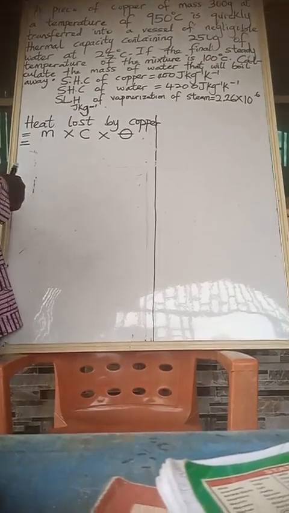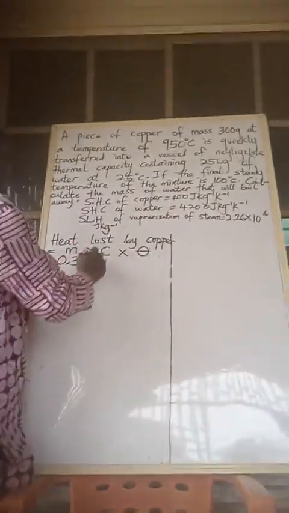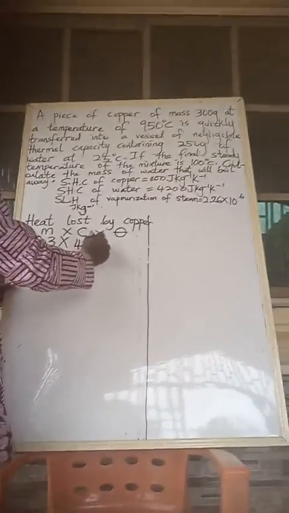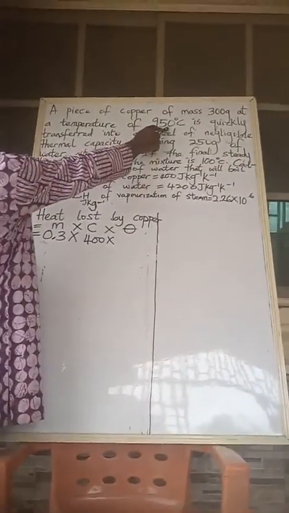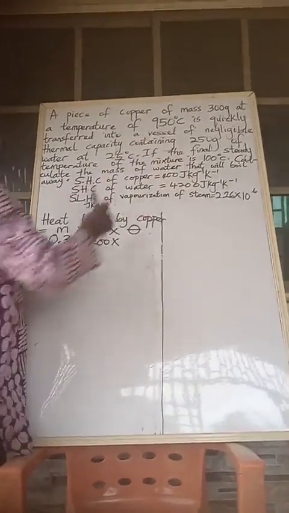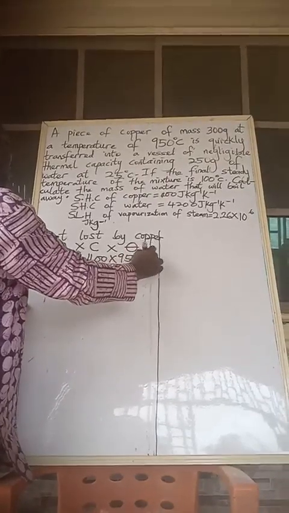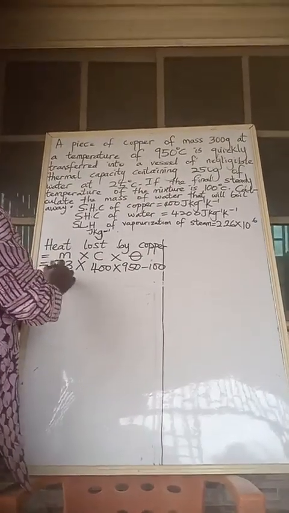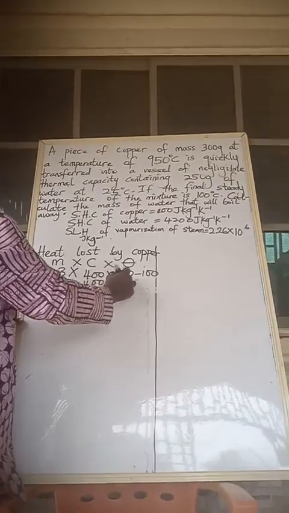So 300 divided by 1000 gives us 0.3 kilograms. Then times the specific heat capacity of copper, which is 400. The change in temperature is from 950, the final temperature being 100. So the change in temperature is 950 minus 100, and that is 0.3 times 400 times